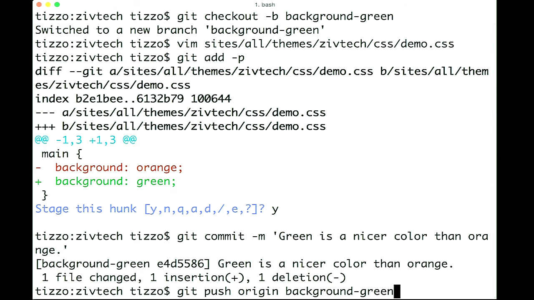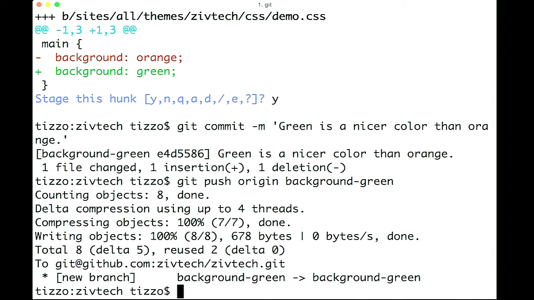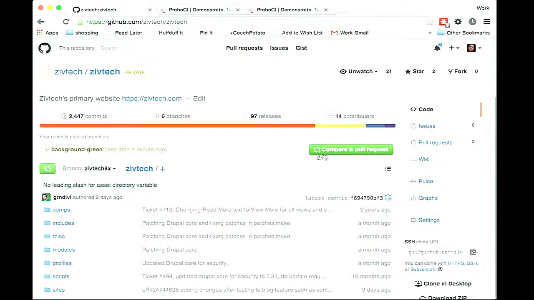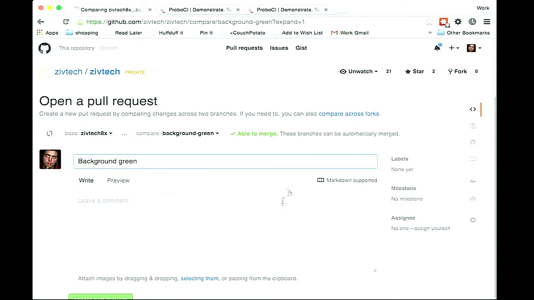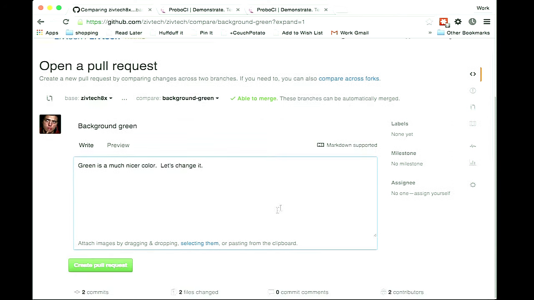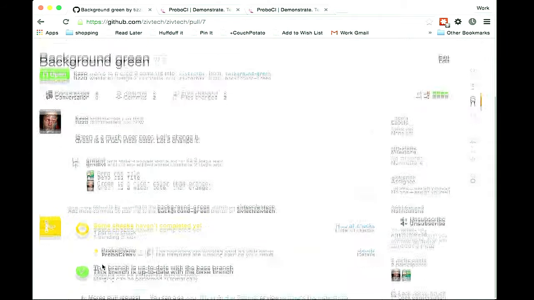And when we switch to GitHub, this couldn't be easier. GitHub will notice that we've pushed a new branch and will automatically pop up a thing in the interface saying, hey, you just pushed a new branch. Are you trying to maybe create a pull request? I see you've got something called background green. Just click here and you can look at the difference. You can write a nice comment about what you were thinking and what you were doing and why someone should merge this. And then you can click Create Pull Request, and immediately a message goes out to Probo,